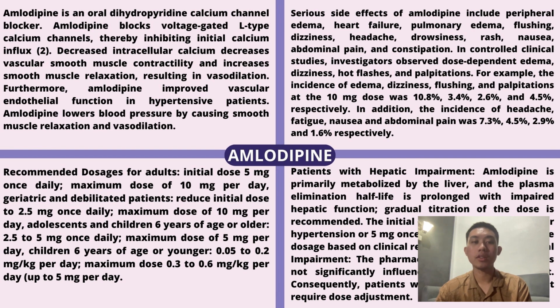Recommended dosage for adults: initial dose 5 mg once daily, maximum dose of 10 mg per day. Geriatric and debilitated patients: reduce initial dose to 2.5 mg once daily, maximum dose of 10 mg per day. Adolescents and children 6 years of age and older: 2.5 to 5 mg once daily, maximum dose of 5 mg per day. Children younger than 6 years,